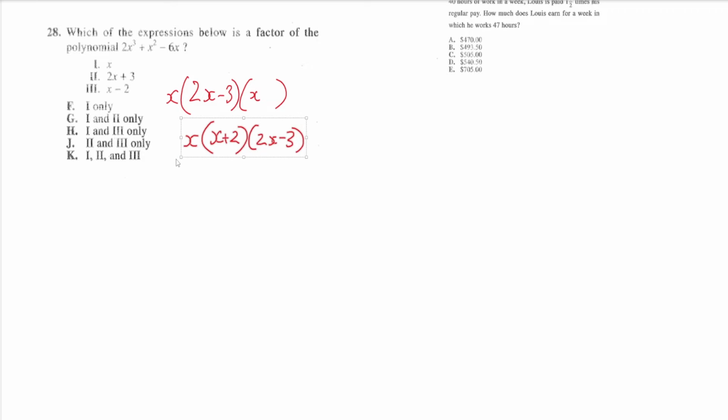X is not a factor. Didn't you start with that? Right? Remember, what you have left is a quadratic. You started with a cubic. You got to keep it a cubic. Right? So you got to this, and then that you turned into this, right? But that x was still out front the whole time,